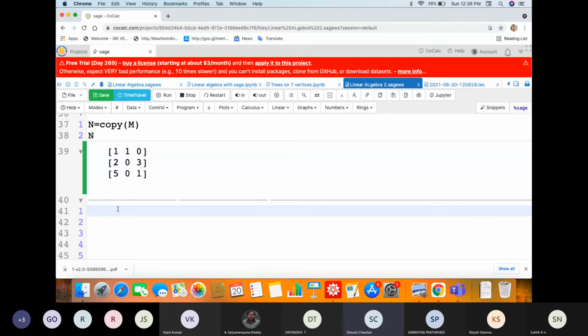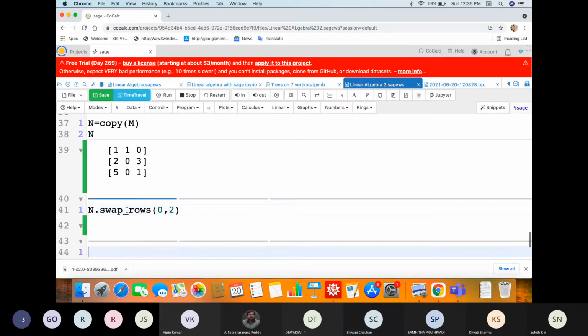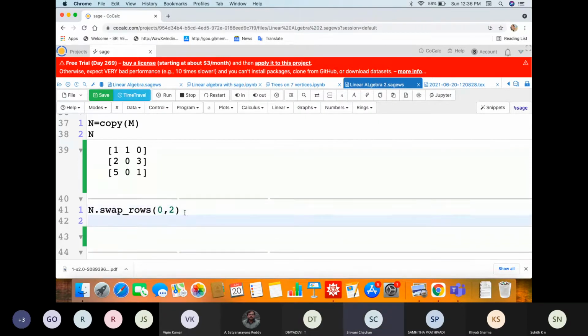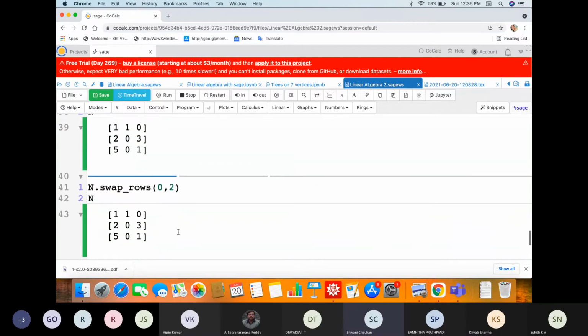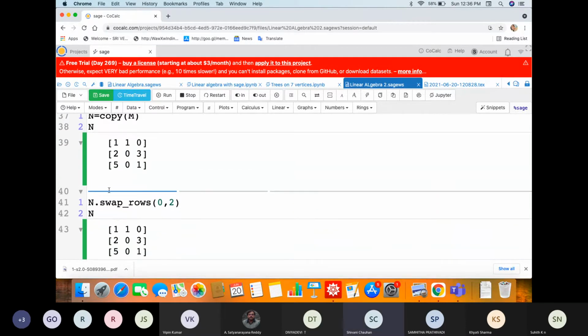In Sage, row and column numbering starts at 0. So if you want to swap two rows, n dot, let us swap rows 0, 2.